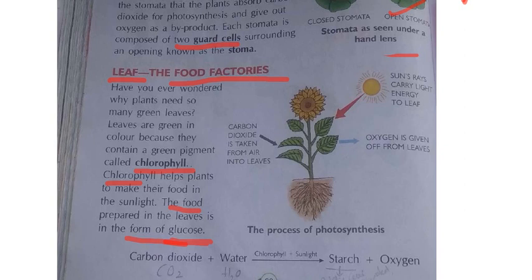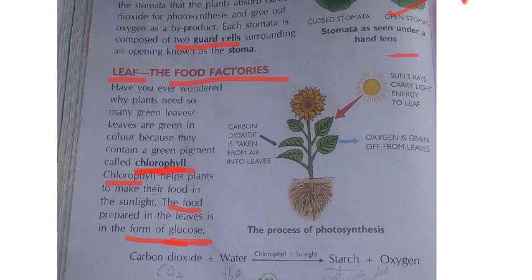See here, they have given the sun picture, and from the sun, what is coming? Sun rays are falling. Where are they going and falling? On the leaves. Who will take from the leaves? That green color substance called chlorophyll will take all the sunlight from the sun. In this way it is preparing the food, and whatever food the leaves prepare, it will be in the form of glucose. Now if you see in the picture, before this topic, what did I tell?